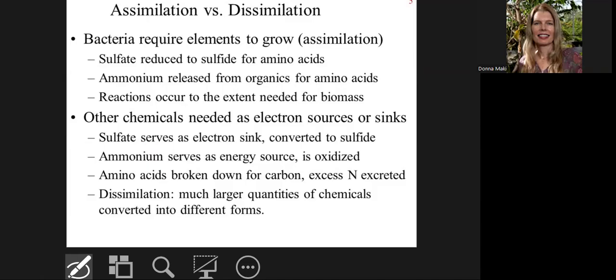So here they're just pointing out certain things. Sulfate needs to be brought in. We need sulfate for amino acids, so do microbes. Certainly some kind of nitrogen source is needed for amino acids as well. And so there are certain key nutrients that the microbes need to build proteins and repair damage, for example. And then they will take in other things in order to